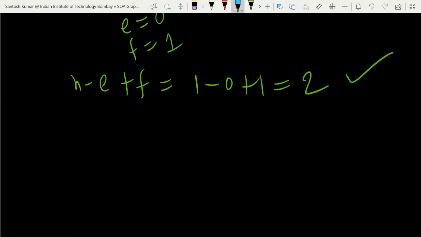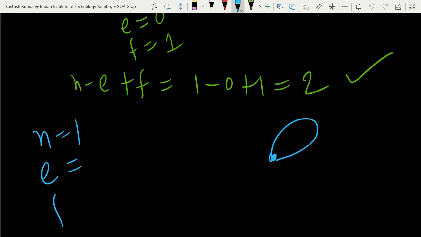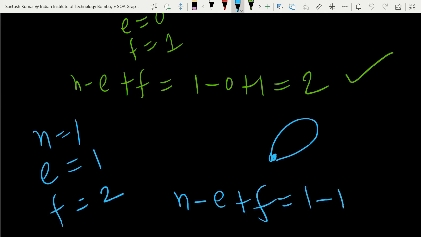So we may have other cases, like one vertex with one edge, that is a loop. And this is also a connected graph. So this may be a case. G might have one loop, you may take two loops, three loops, because the vertex is fixed. So you have taken just n as one, e, and now you tell about f. So in this case, how many edges do you see? One edge, two faces. So n minus e plus f, 1 minus 1 plus 2, that you get 2.